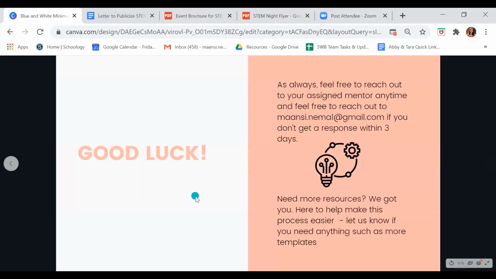So that is pretty much it. Good luck. I know that you guys are seriously killing it out here, and I'm so excited to see your STEM night come to life. I definitely think you're going to have great success with getting people to attend. And as always, if you do need additional guidance, because this process is pretty hard, organizing this STEM night takes a lot of perseverance